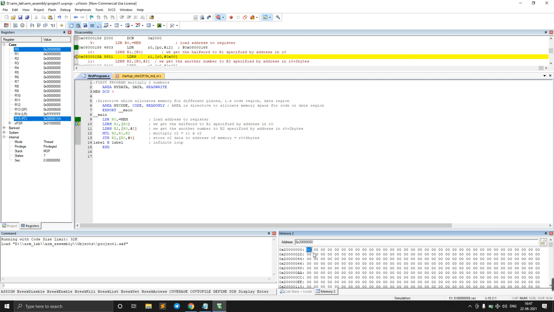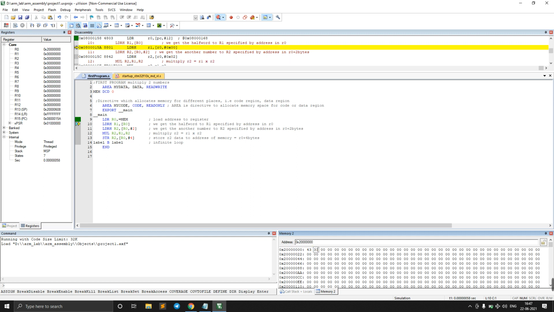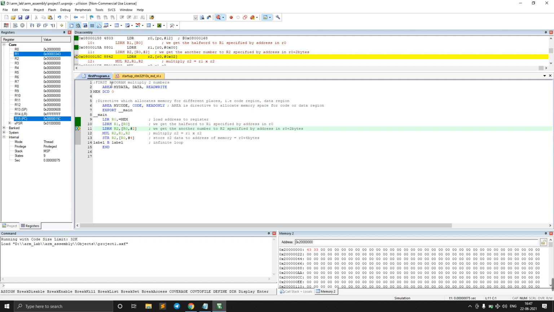You can specify anything here, for example, like this. Now if I execute further, you see 3343 will come here. So this is how we execute this program,